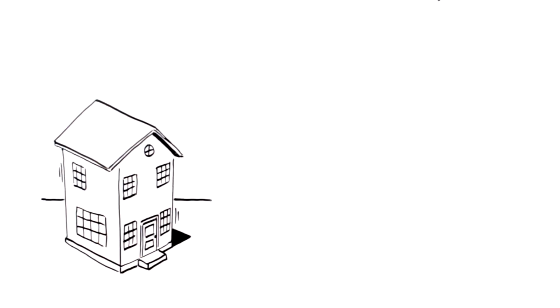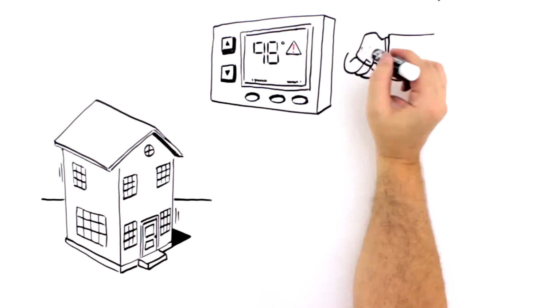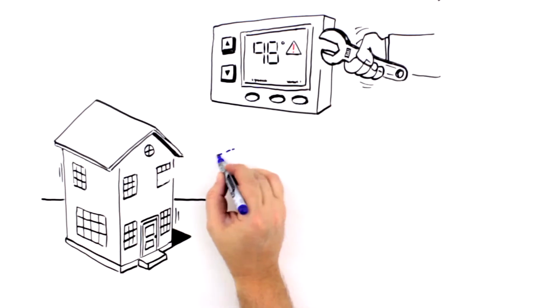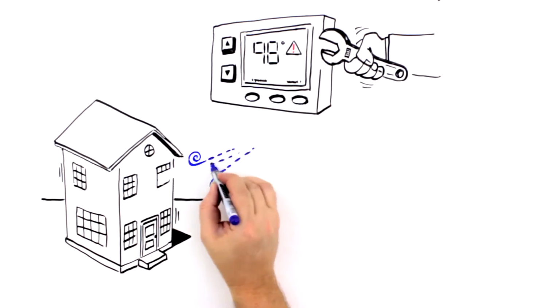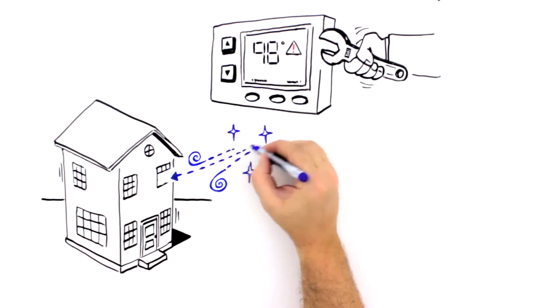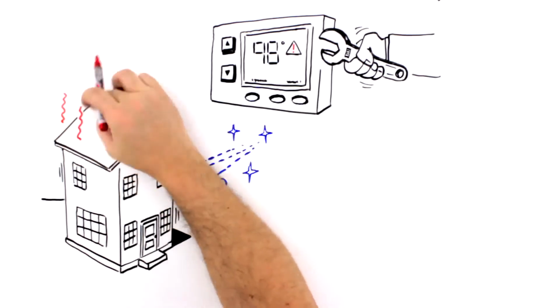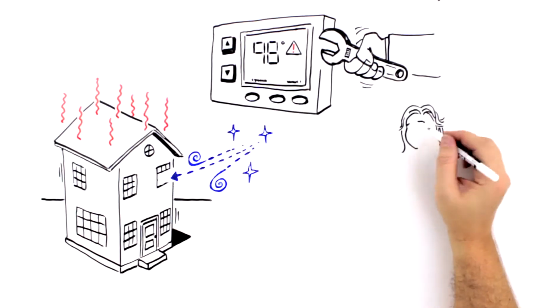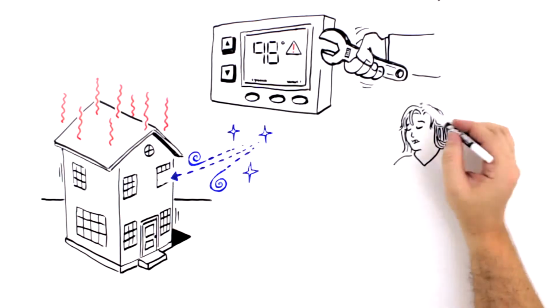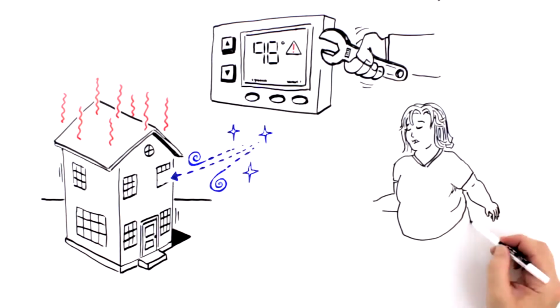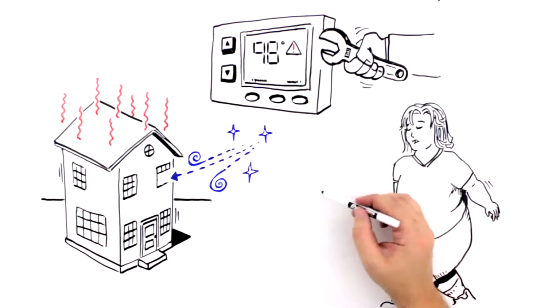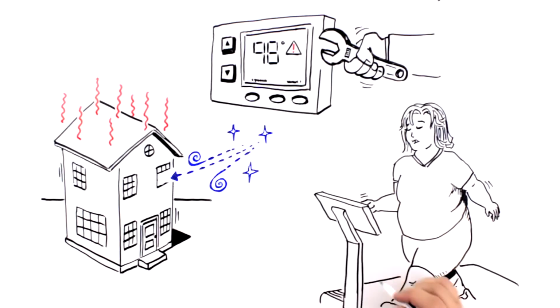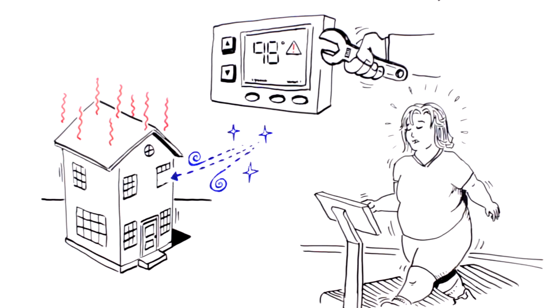Think about her system like a house with a broken thermostat. If the thermostat gets set too high, you might be able to cool the house down temporarily by opening a window, but the sensor would detect the temperature change and heat it up again until it reaches the temperature set by the thermostat. This might explain why treating obesity with diet and exercise so often fails to produce the desired results. It's sort of like telling Amanda to open the window to let some cool air in, when the real problem is that she needs a mechanic to fix her thermostat.